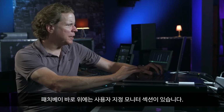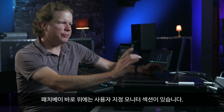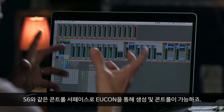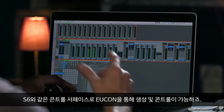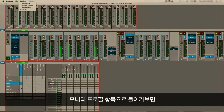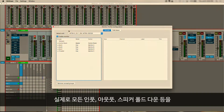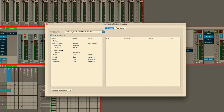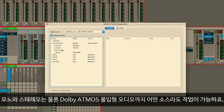Now, just above the patch bay is the user configurable monitor section that you can create and control via EuCon with your control surface like the S6. If we dial into the monitor profile, we can configure any of the inputs, the outputs, the speakers, fold downs, incredibly comprehensive, whether working with mono or stereo sources or all the way up to immersive